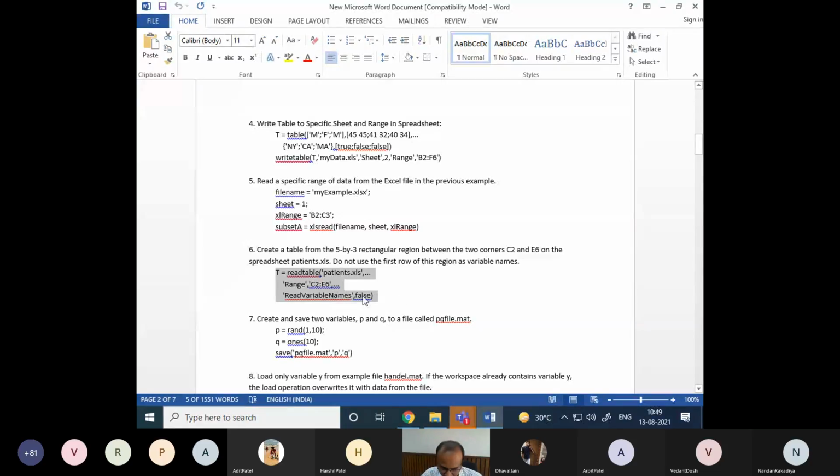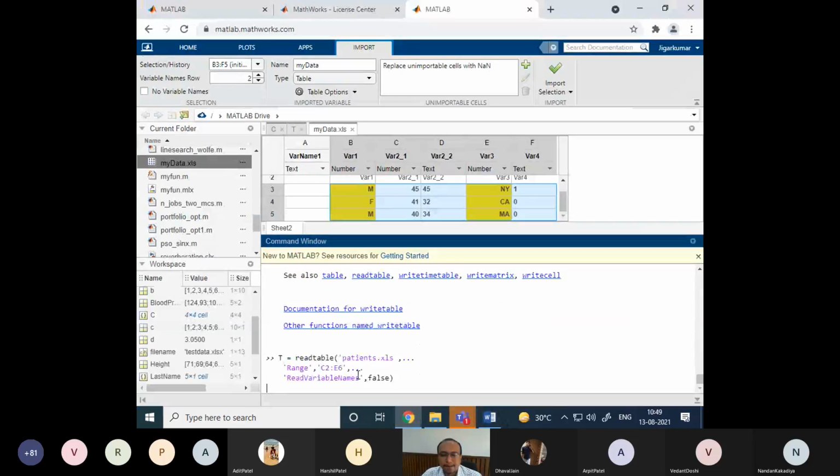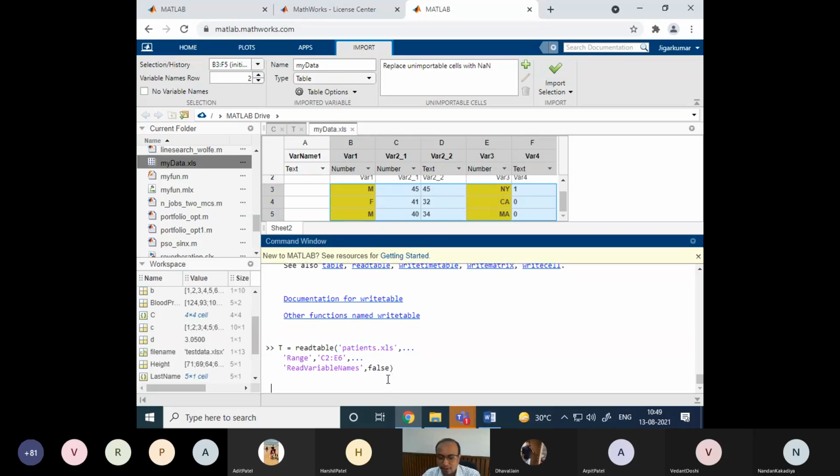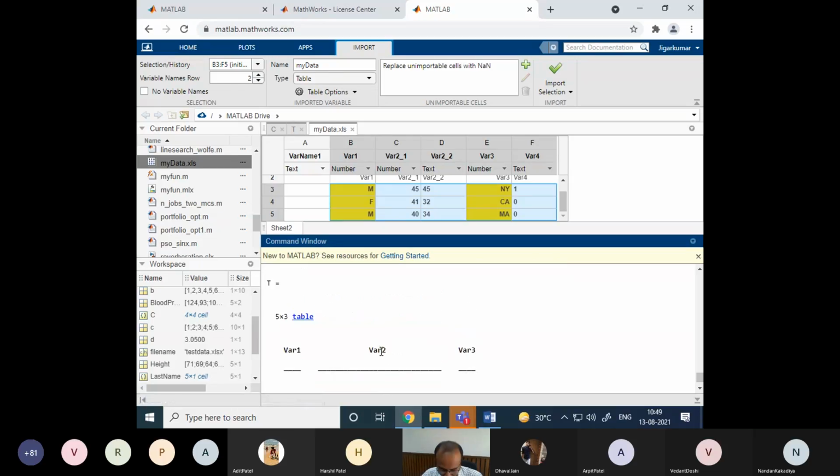So that you can neglect right now. This is another property, ReadVariableNames false, meaning I'm not reading table column names. If you don't write anything, by default it will be read. We see that also. So let me type this. This patient.xls is an internal file of MATLAB. It is available with MATLAB, and you can see T now.